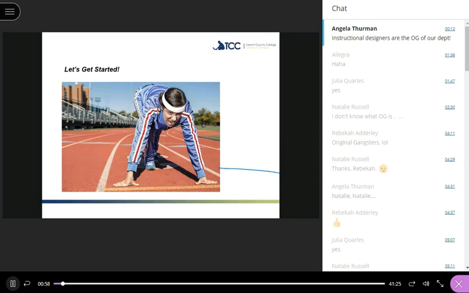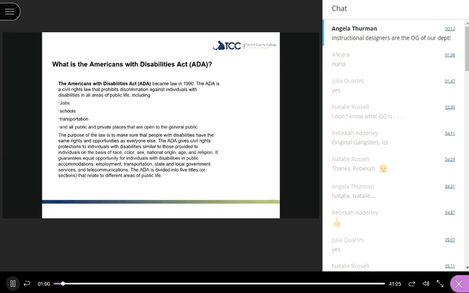So let's go ahead and get moving here. What is the ADA? It's a law that happened in 1990. It's helping people with different disabilities in life, including jobs, schools, and transportation. We're going to be focusing, of course, on the educational component.